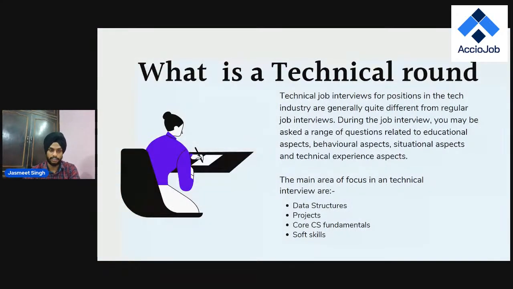Second is projects that showcase your skills and your familiarity with the technology. The fourth is the core CS fundamentals, that is expected from an individual: he must know some CS fundamentals and how CS works in general. And last but not the least is your soft skills. When you are appearing for a technical role, you are not just appearing for yourself, you will be hired as a team player. Soft skills make you a great asset of the company and a contributor to the team. We will now cover each of these topics in detail, one by one.